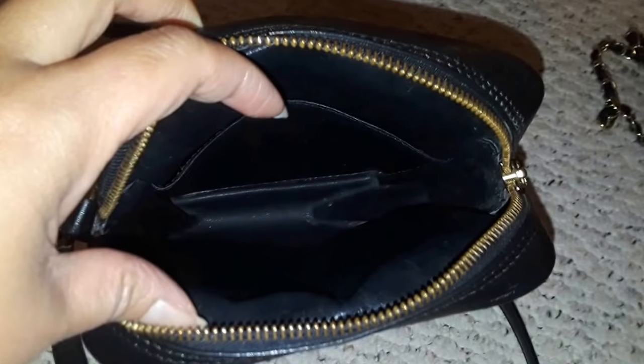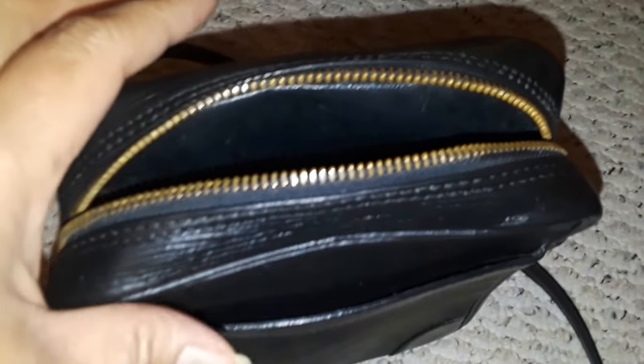Okay, so here, if you can see that, that's the serial number. It's MI871, something like that, and there's the Louis Vuitton Paris. So everything is okay. So I'm gonna use this. Okay, but the only problem is